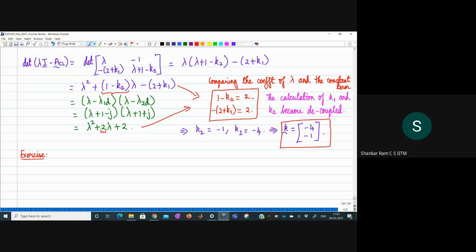I'm going to give you another system, whose governing equation is y double dot of t plus y dot of t minus 2y of t is equal to u dot plus 2u of t. So you can immediately see that I have changed the governing equation. Now there's a u dot term also. So what I want you to do is essentially design a full state feedback controller